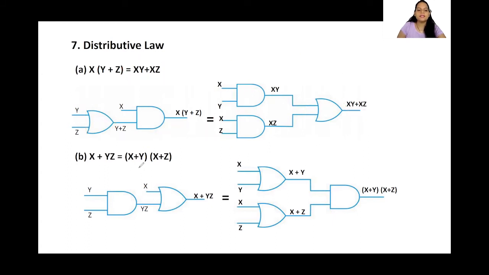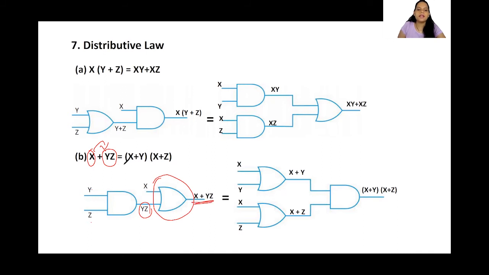Okay. Let's see how to write a logical diagram for the second law. It is saying x OR y AND z. Okay, so let's first do the AND operation between these two. So I'm giving y and z as input to the AND. I will get yz. Now I am doing OR operation between these two. So I'm giving x as an input and also yz, which is the output of this AND operator, I'm giving as an input to this OR. Hence I will get this.